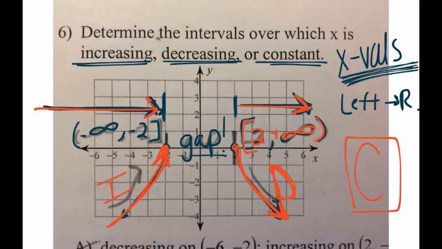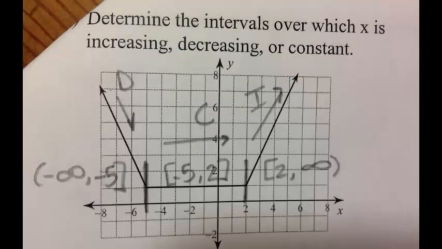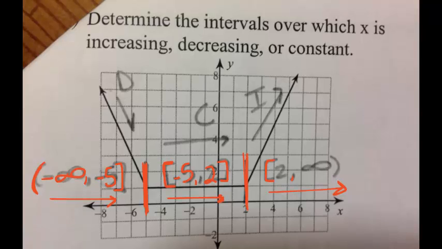B, they just switched their words increasing and decreasing, so be very, very careful. Again, number 7, I just wrote in the stuff on my picture. I'm talking about x values, so I know something happens here, something happens here. And the x values, my x intervals, this looks like something happens from -infinity until that -5, and then kind of stays kind of boring from -5 to 2, and then from 2 on out, remember we're reading left to right always, 2 on out to +infinity,